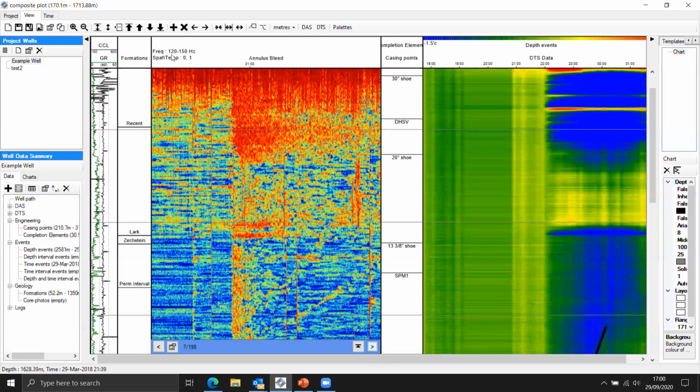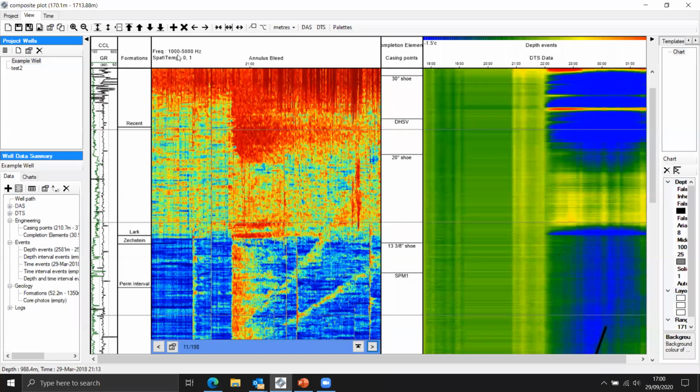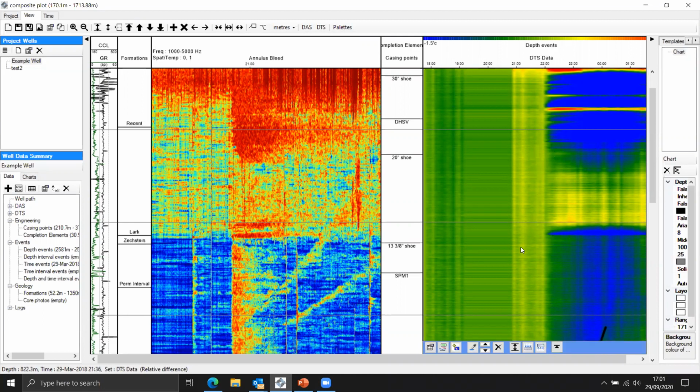So this is at much higher frequencies, about 1 to 5 kilohertz. There is clearly energy being generated and activity going on in this upper portion, which again, that wasn't recognized, and